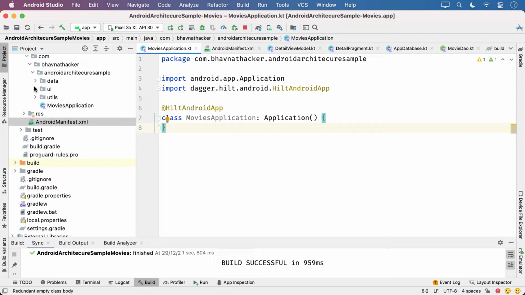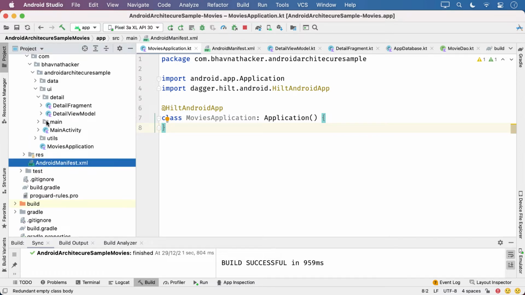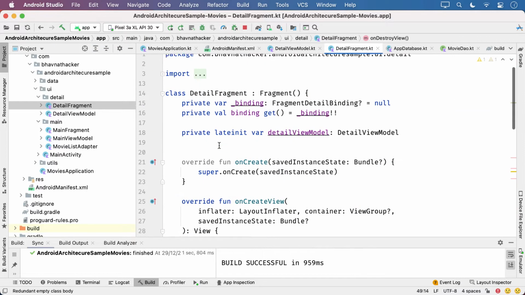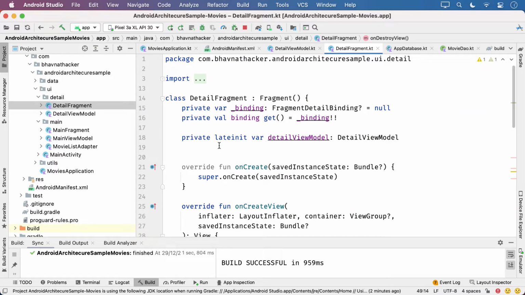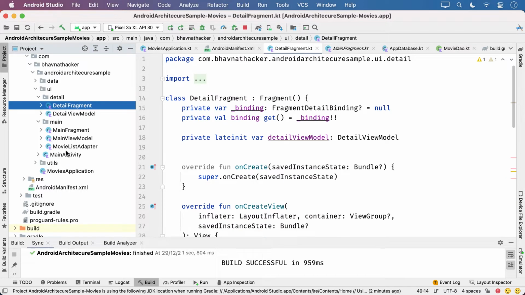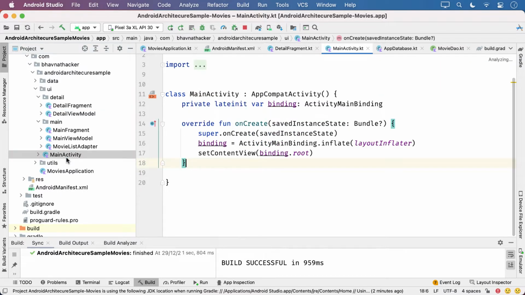Now, for all your UI components where you want to inject dependencies, you have to annotate them with @AndroidEntryPoint. I have two fragments, main and detail fragment, and main activity. These are my UI components.